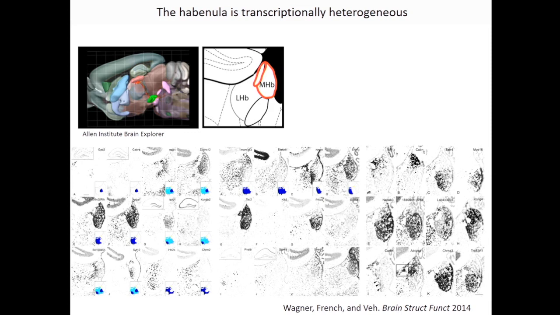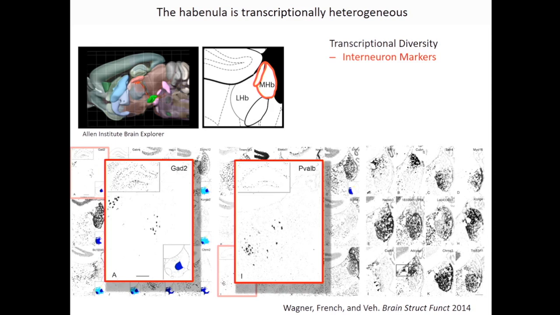And so I was interested in its ability to integrate the emotionally salient information from the limbic system and then potentially be able to control these midbrain neuromodulatory circuits, as well as this transcriptional diversity. And the thing that struck me about this is it wasn't just that there were a variety of genes that were differentially expressed, but the kinds of genes that were differentially expressed were ones that you think could have a pretty profound effect on neuronal function.